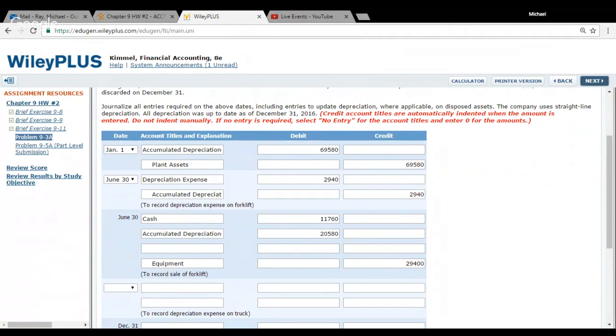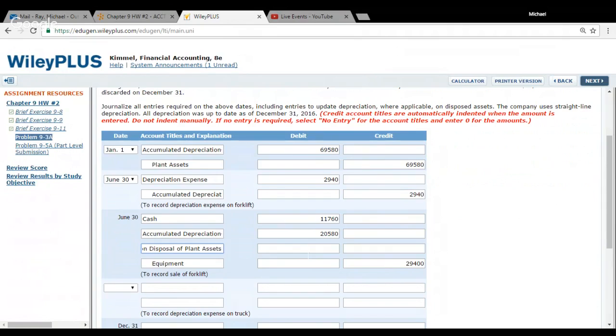So we know it costs us 29,400, and then we have depreciation of 20,580, and then subtract the cash that we sold it for, 11,760. That gives us negative $2,940. Now this is going to be represented as a gain in the disposal of plant assets because we made